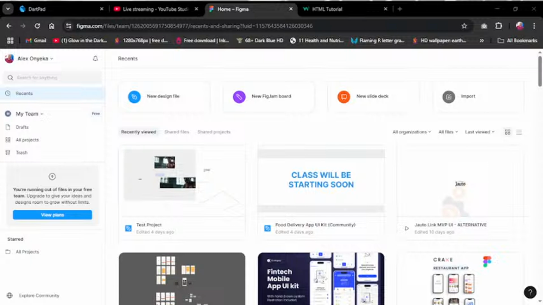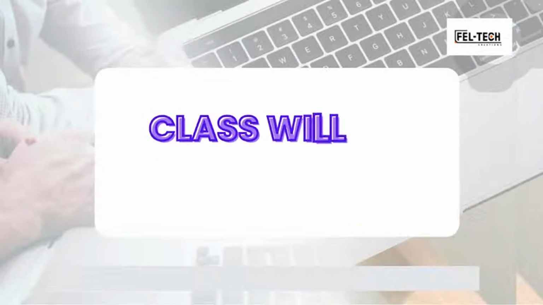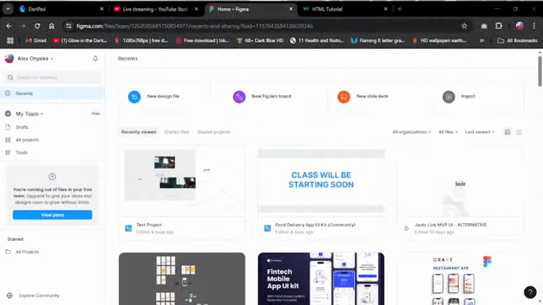So today we'll be going directly into Figma. I explained what Figma is the last time. Figma is a software that is used to create application design. So UI, UX, Figma is that particular software. Of course, we can create UI design